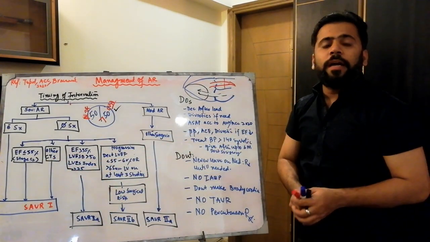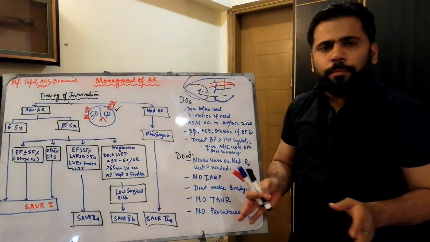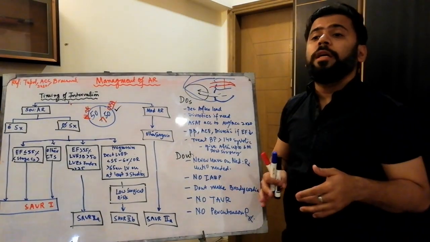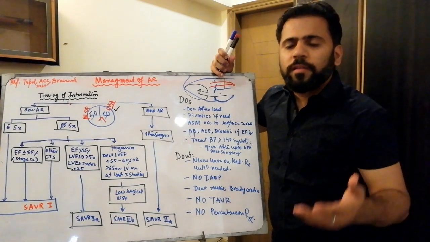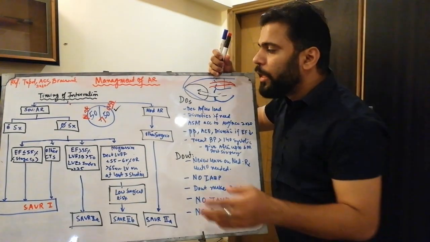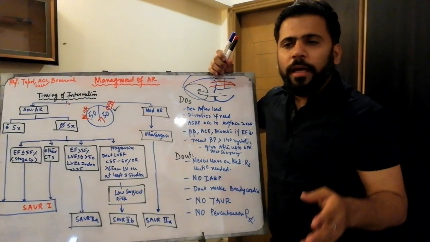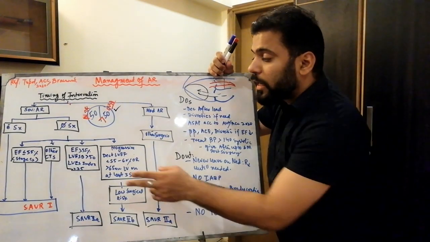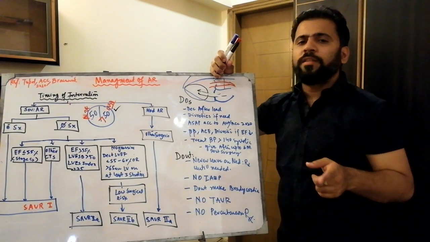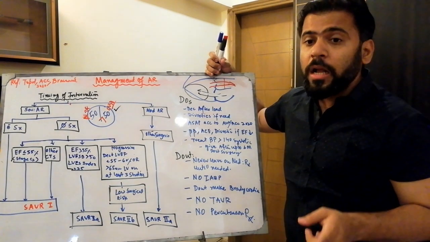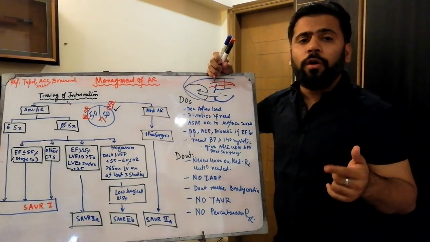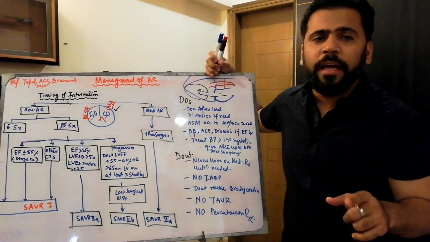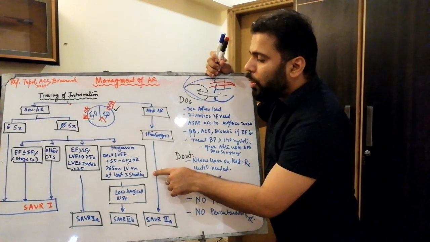Now the thing that remains is that if your patient has severe AR and is asymptomatic and is supposed to go for another surgery or for cardiothoracic surgery, then it is better to fix that AR with the surgical AVR. It is class 1 indication. So it is very necessary: if your patient has asymptomatic AR and is going for another surgery, you need to fix the AR with the surgical AVR.